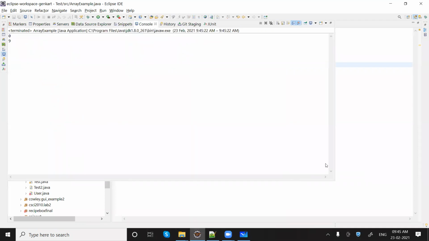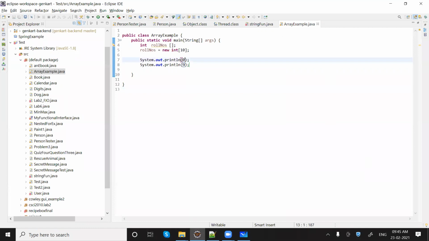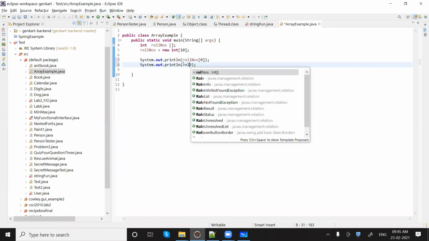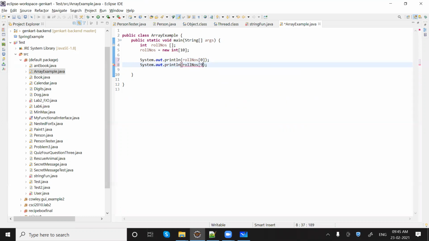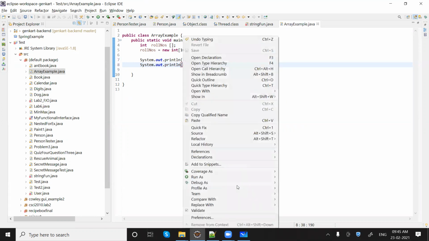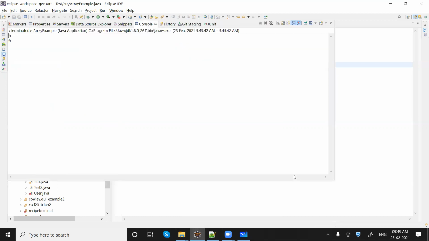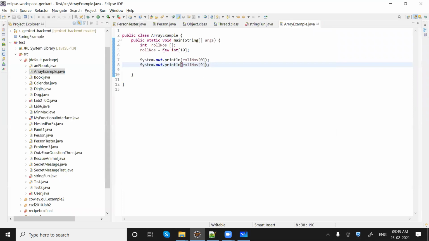Sorry, we need to get the number from the array. So it will be roll numbers of 0, and then we pass the index. So it will be 0 0. When I say new int, the default value for integer will be assigned to all the available indexes.